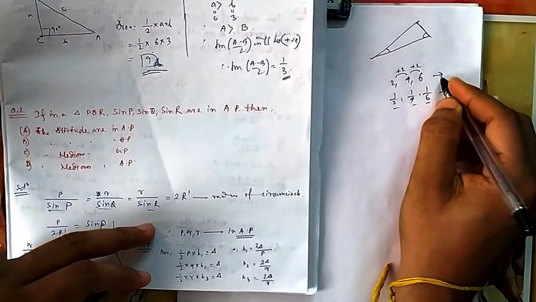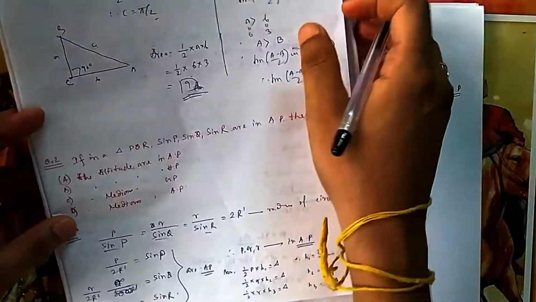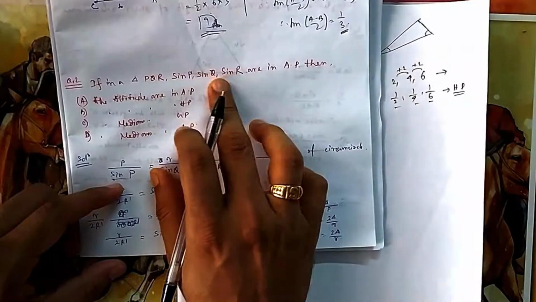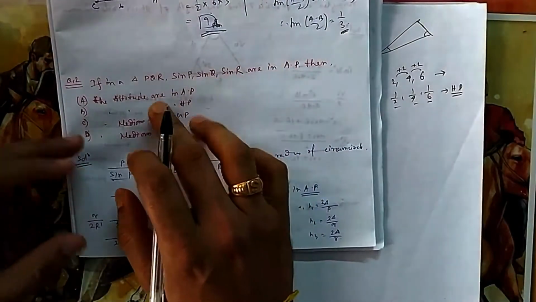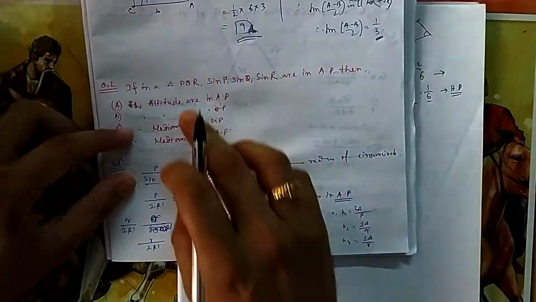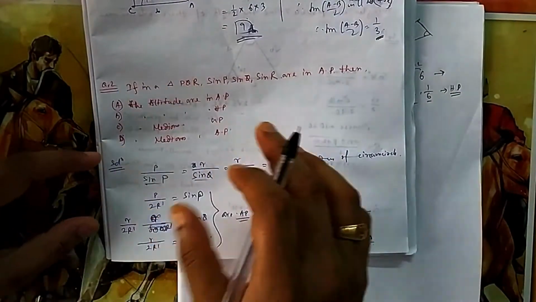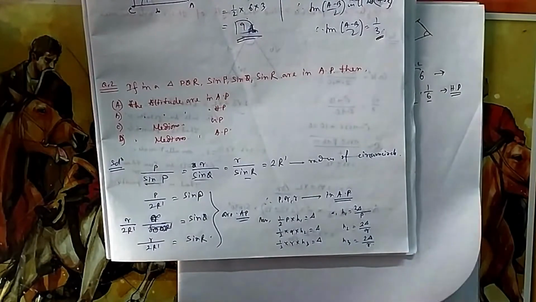That is AP and HP, there is an inverse relation, that's all. So that is about HP. Now because sin P, sin Q, sin R are in AP, then you have a relation between the sides, something related to side, altitude, height. If I know height, sides, then I can try to find altitude, median, all these things.